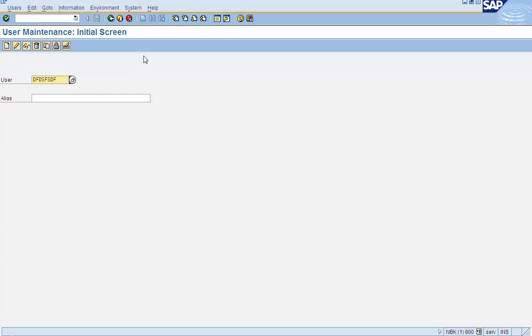Okay. Now, let's say there is an output, you execute a transaction code and you have a result on the screen. This is a printer icon. So if a printer is configured, then you can print the output to that printer. Okay. This icon is find. So if you want to find some text or some entry on the screen, you click on this, you can find it. This is find again. Okay. This is first page, page down, page up. Okay, this is page up, page down, last page. Okay.